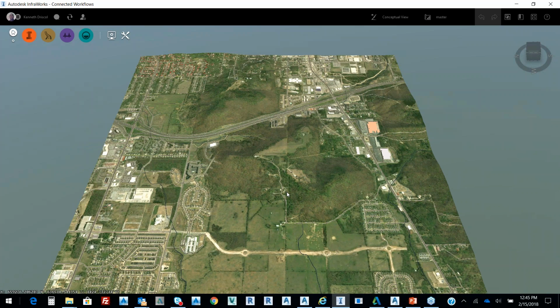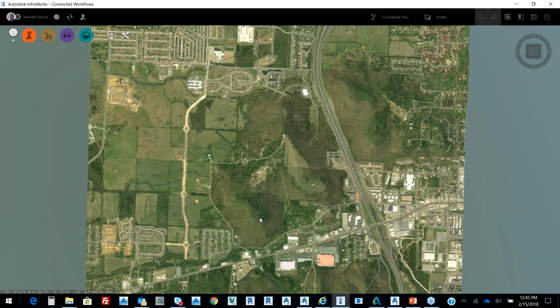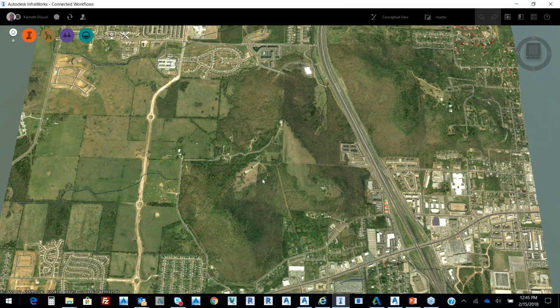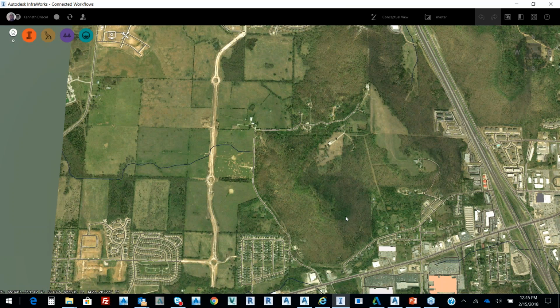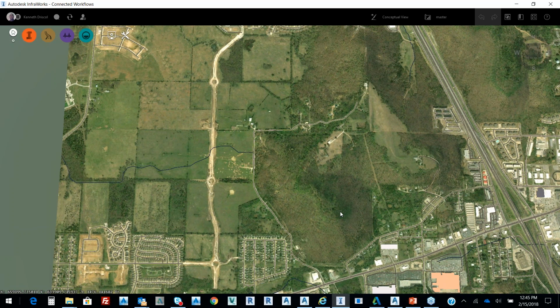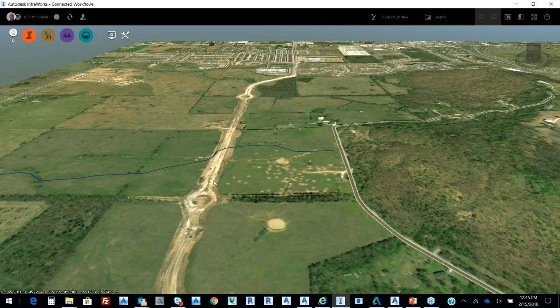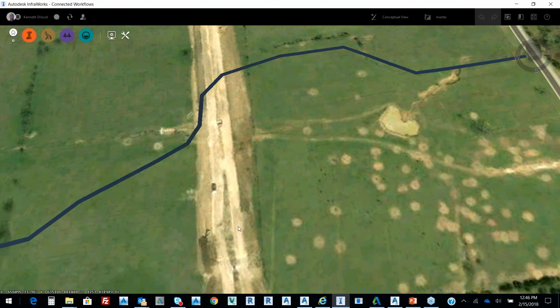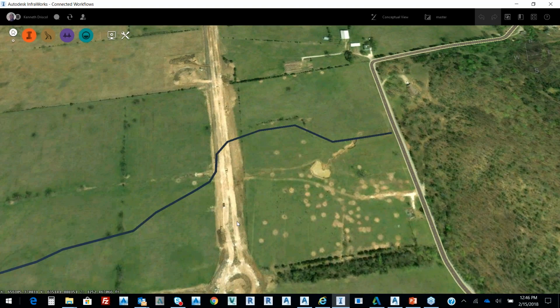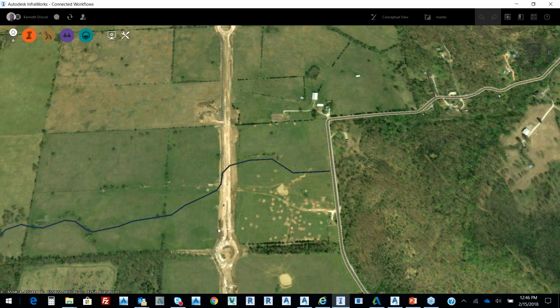So I'm gonna turn this model north, and just to bring in a few things. One of the things that I want to make reference to, because we're talking about connected workflows, and again, ultimately, we want to be able to pull this data, which is from a concept, into Civil 3D. And here you can clearly see that there's some kind of roundabout and roads that they were trying to propose at some point. And one of the things I want to be able to do is kind of put a boulevard in there to kind of address that. So the first thing,